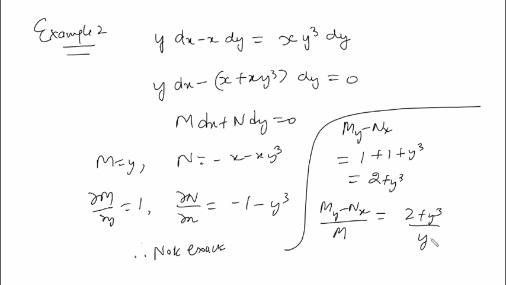In the previous example, what was it? We divided by N, so that was purely a function of x. Here we divided by M, so the division by M should give a function of y purely. And you can try it: if you try with N, it will be a combination function of x and y, not purely a function of x, it will have y also. So that will not work. So it's satisfying the other case. So this I can call whatever, that's just the notation, it's a function of y.